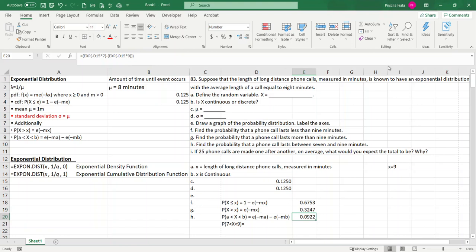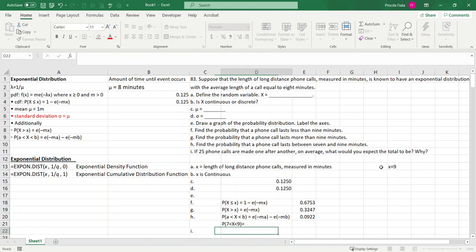So the value would be 0.0922 or about 9.22%. This is not 90. This is 9. Okay, here you go. And if 25 phone calls are made one after another, on average, what would you expect the total to be? Well, to calculate this expected value over here, all you need to do is get the total, which is 25, and multiply, right? So if you get an average of 8 minutes